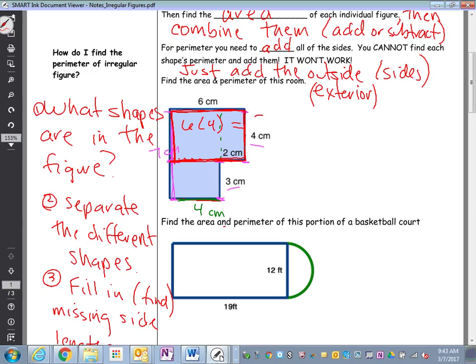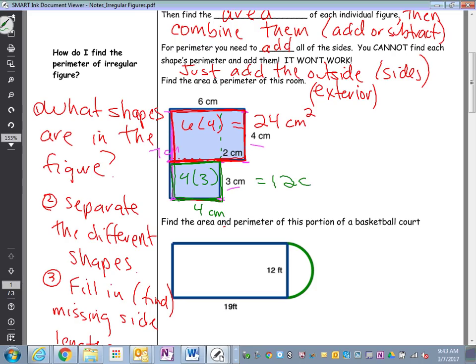24. Now remember, area is squared, so it's 24 centimeters squared. Make sure you indicate the units on there. So 24 centimeters squared. So we have the top rectangle. Now we're going to need the bottom one. Okay? It's almost a square, but not quite. What are the dimensions of those? 4 by what? So 4 times 3